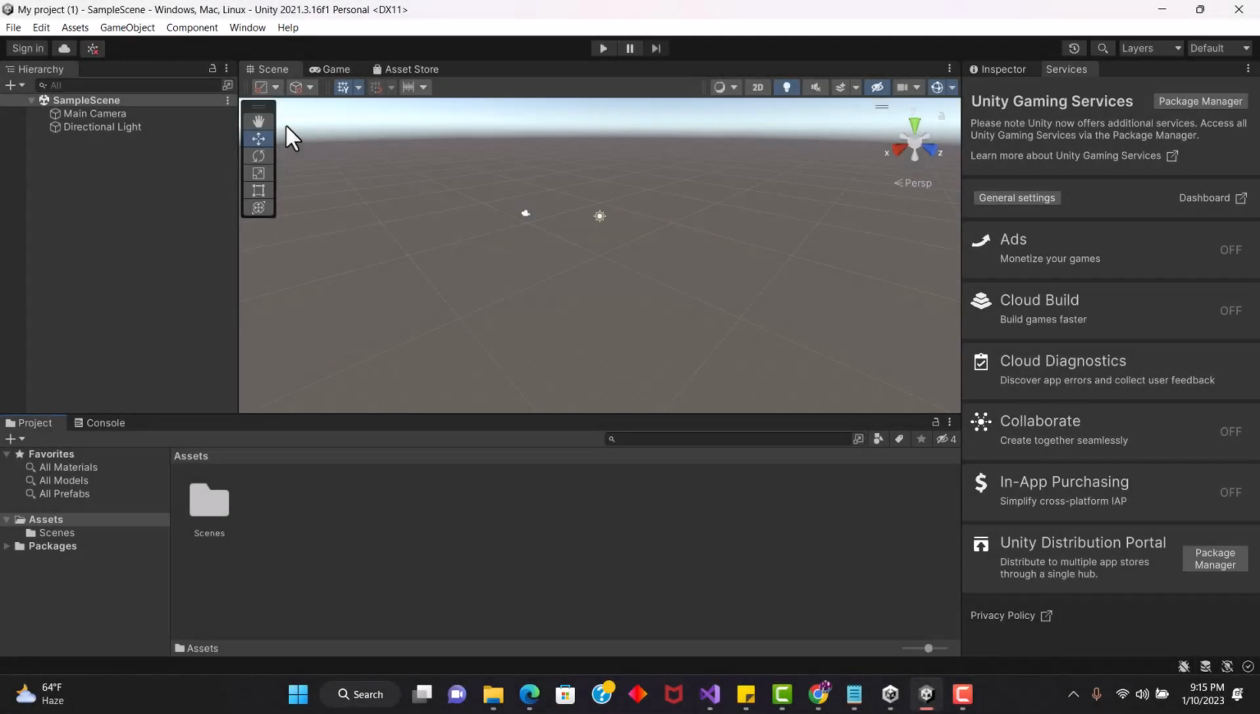Previously, I introduced you to the Unity interface, and one of the core aspects that we looked at is the project panel. This contains all the assets you will use in your game projects. In this video, I'm going to walk you through a number of ways on how you can import assets into